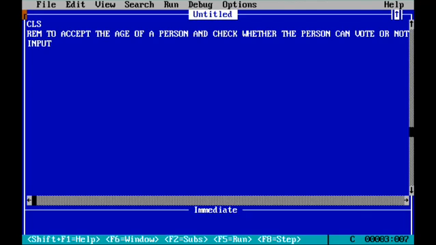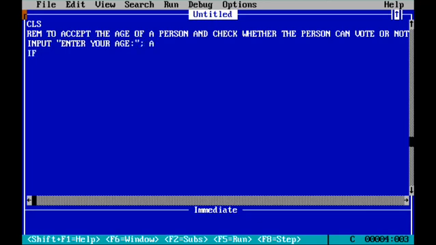Now I have to use an input statement. First of all, we have to accept the age of the person. The question is also clear: to accept the age, it means we have to give one input statement. Enter your age. Simply you can write "Enter your age", or you can write "Enter age", that is also correct. You can give your own message. For age I want to write A.